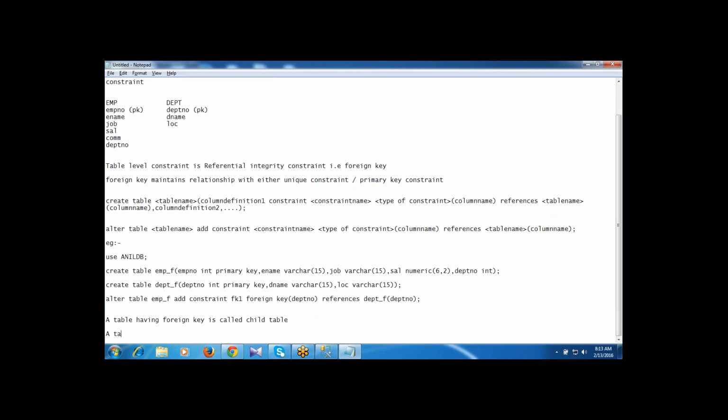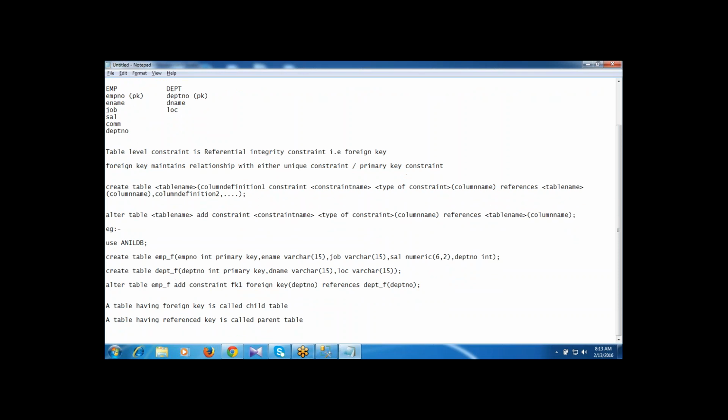A table having the referenced key is called the parent table. Here the EMP table has the foreign key, and the DEP table has the referenced key. So as per my words, EMP is the child table, DEP is the parent table.